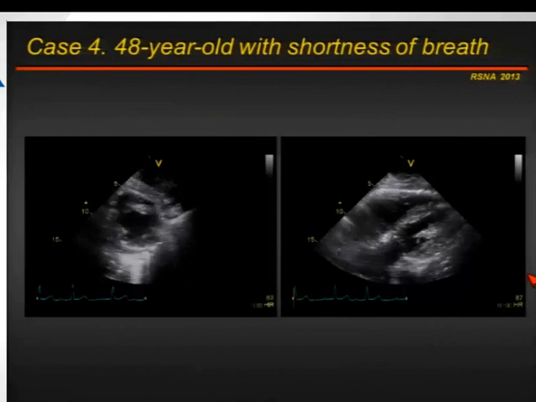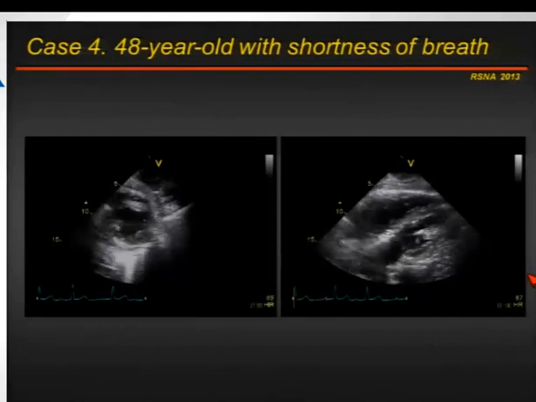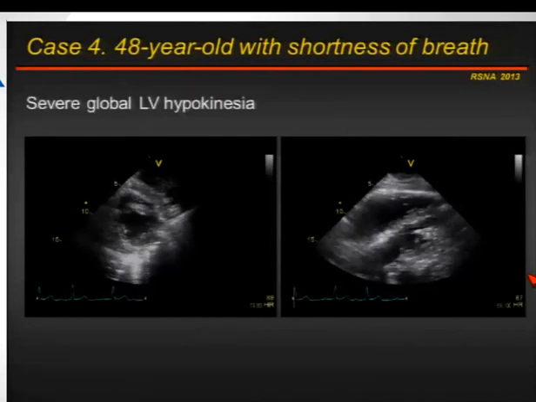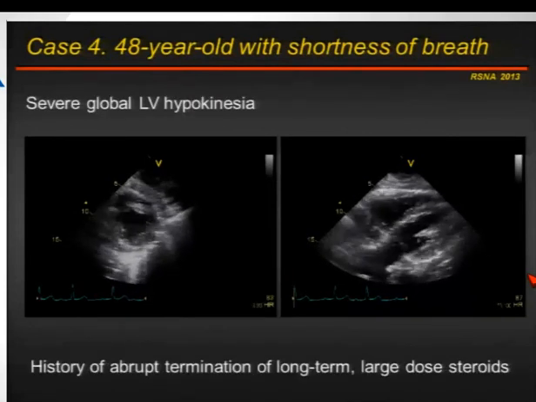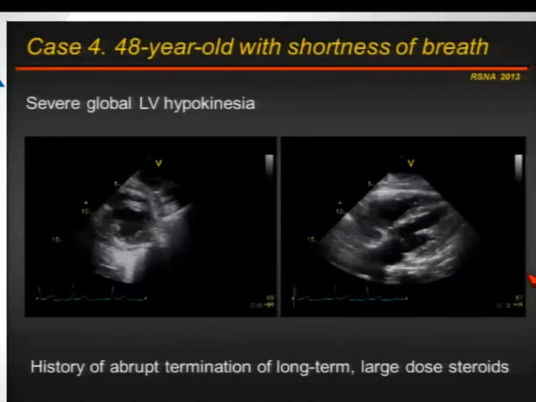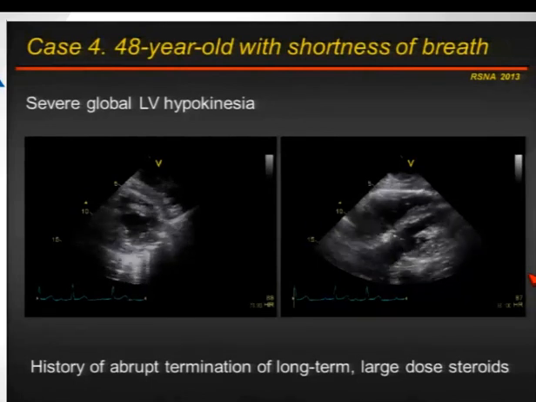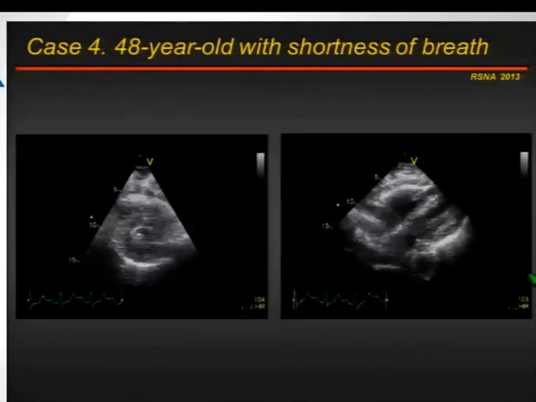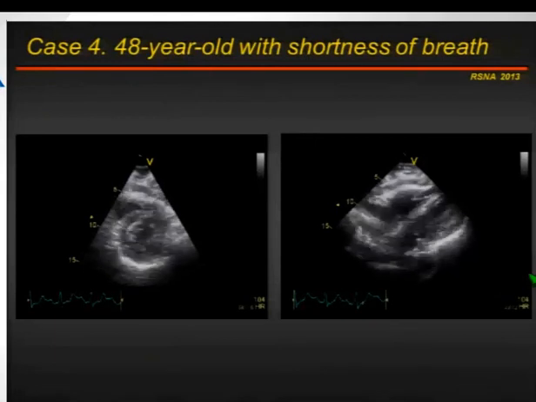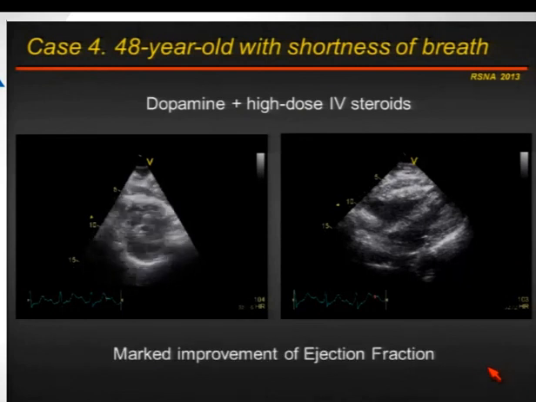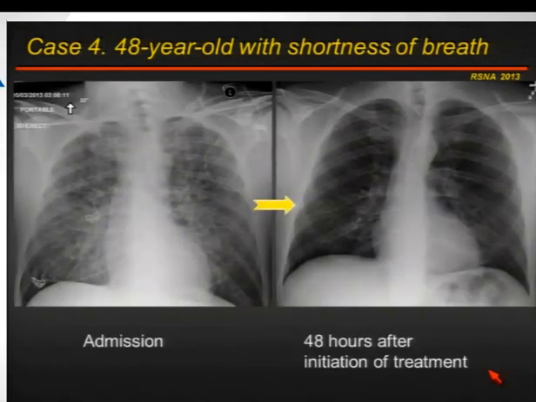His echocardiography demonstrated substantial decrease in the ejection fraction and global hypokinesia of the left ventricle. The history that was taken again, or actually retaken, revealed a history of abrupt termination of long-term large-dose steroids. The patient was afterwards placed on dopamine and steroids, and in this case we can see substantial improvement of the ejection fraction. Not only that, but there was also rapid clearance of the pulmonary edema 48 hours after initiation